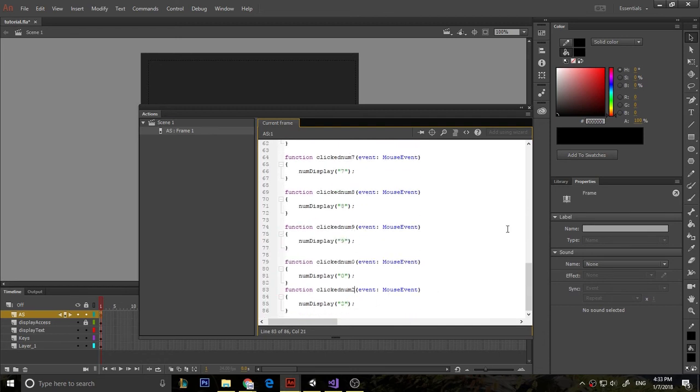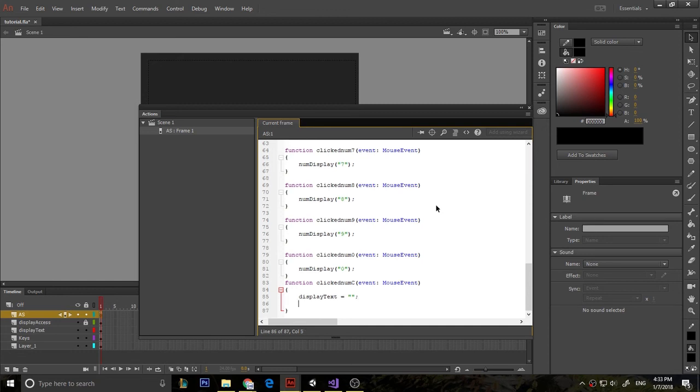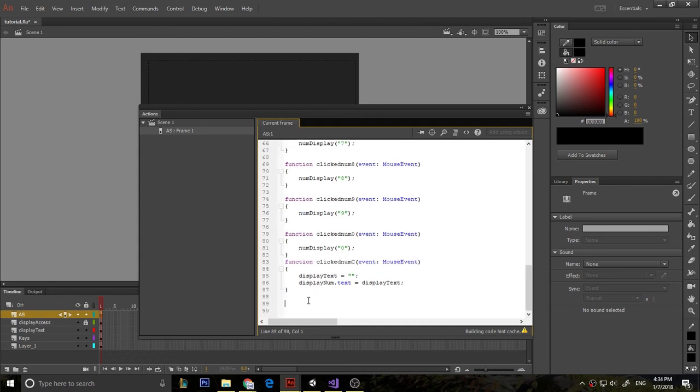And now here we're at the C. And here we're going to be erasing what's on the display. So to do that, you're going to do display text equals nothing. And you're going to say that display text, so this dynamic text here, is this string variable. Anyway, so next we're going to be doing clicked num enter,